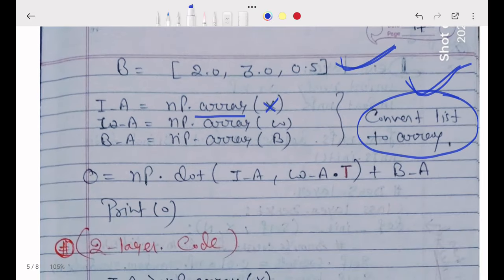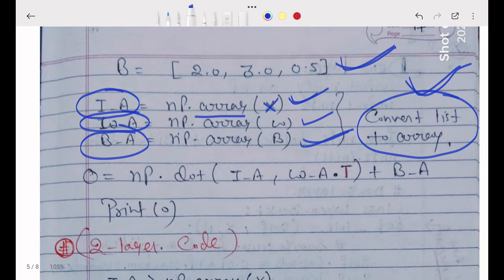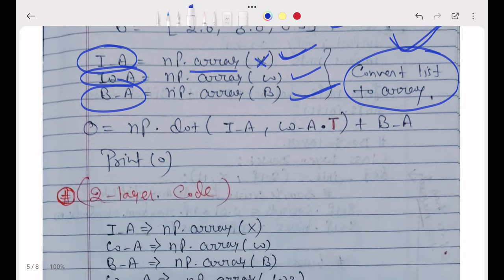So now I am writing np.array(input). I am converting input to an array and giving it one name, that is i_a, and I am converting my weight to an array with the name w_a. Similarly for my bias, this is the new name, b_a.